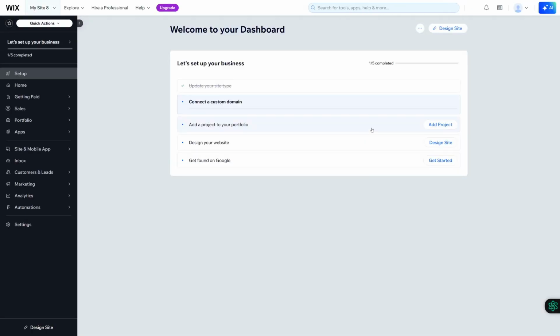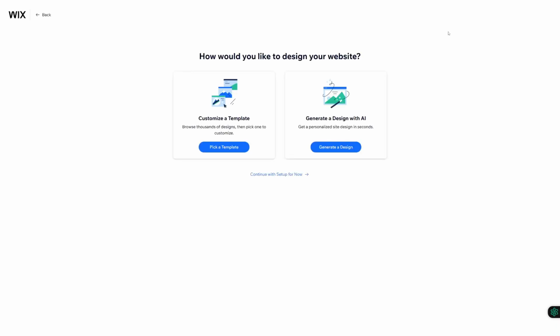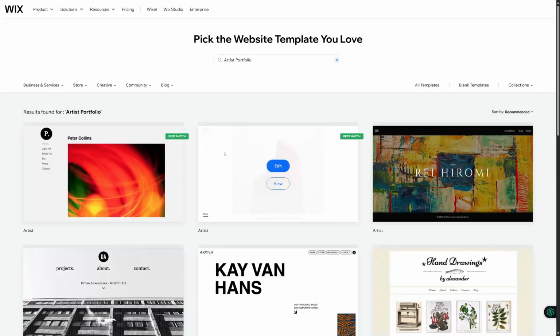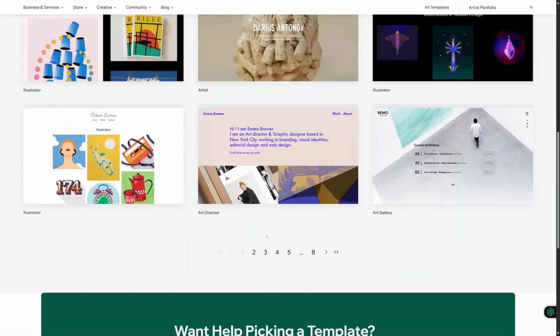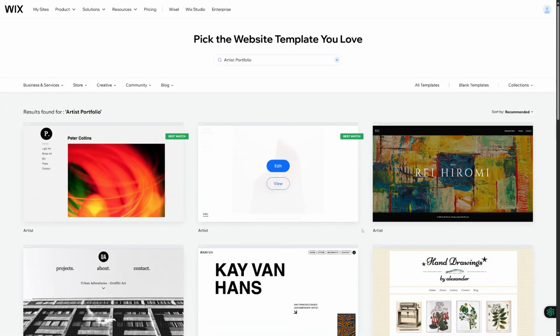You can see it is loading up, so it is basically preparing the dashboard. Click on this design site option on the top right side of your screen and select the very first option, which says pick a template. And once you do, it is going to provide us a lot of templates that we can choose from, and then we can get started with our